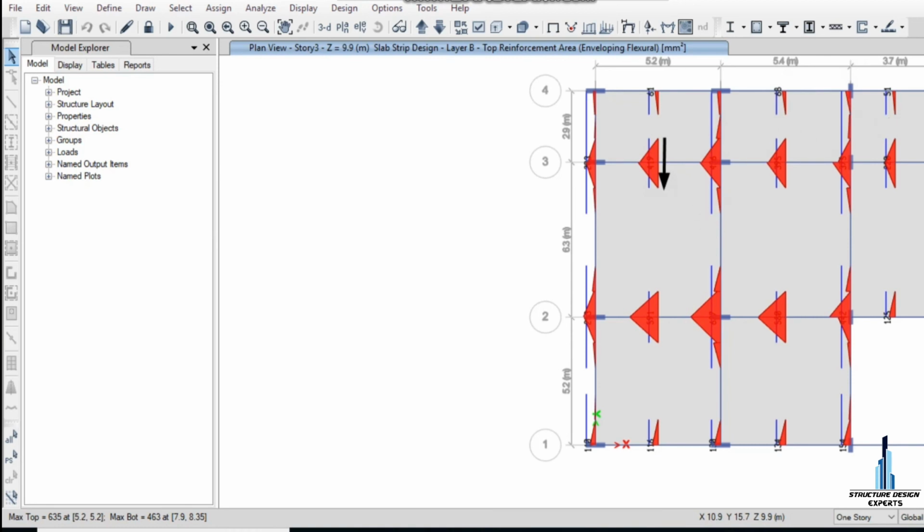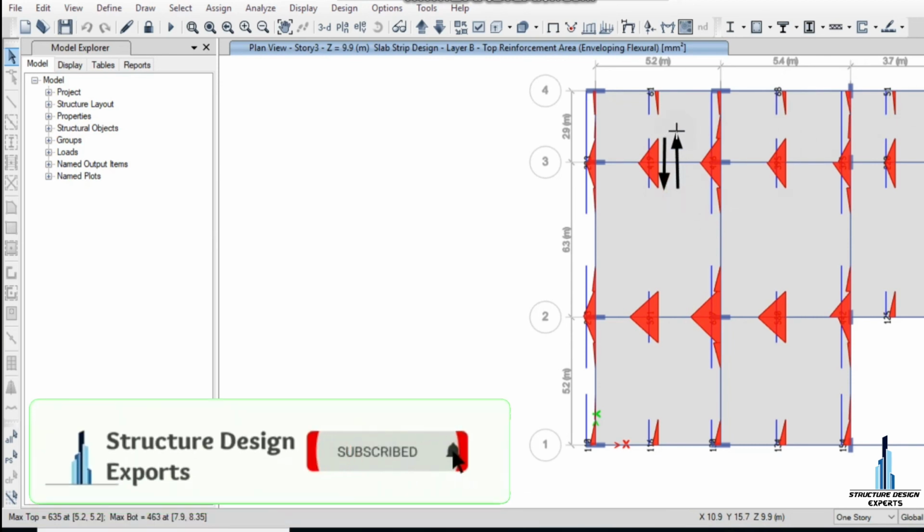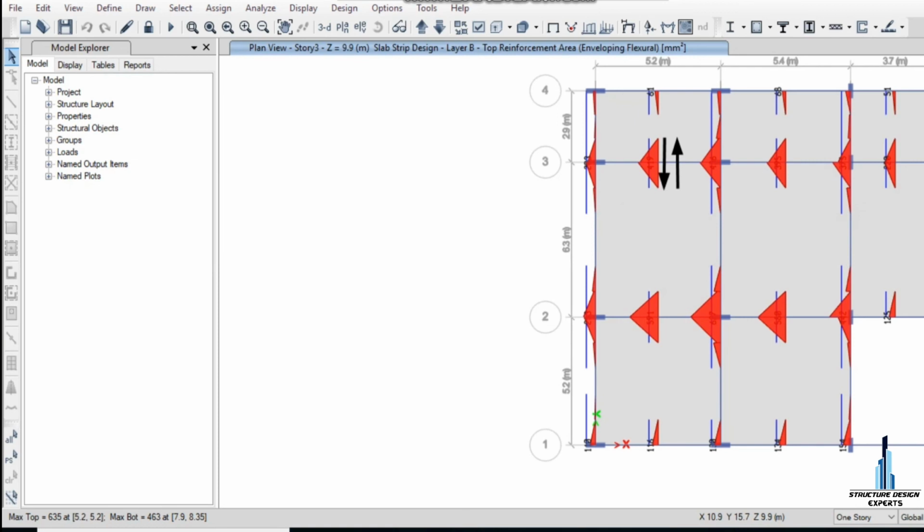How we make a detailed report: CSI, from 2018 and 19 ETABS, separately designed CSI detailing software. You can export the model from ETABS to the CSI detailing software. It calculates the detailed report. So now here you can see that the top rebar in the middle span is 0,